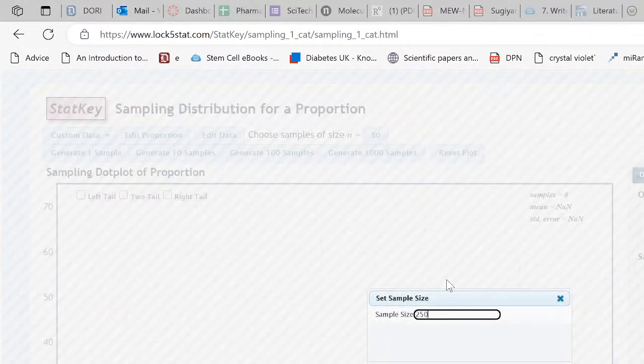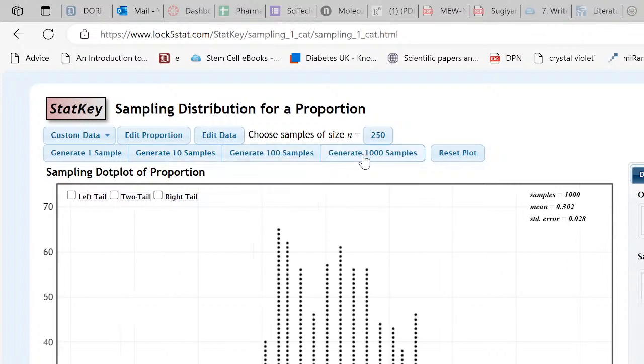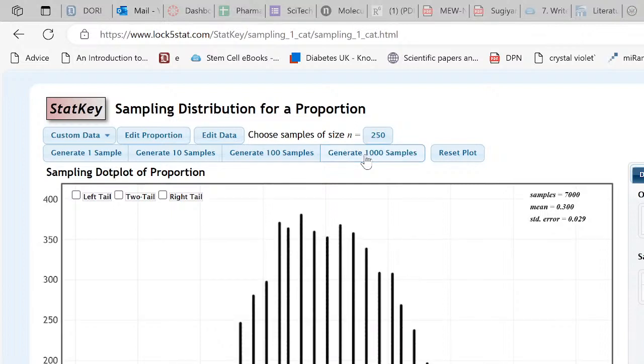Big old samples of size 250. And we see that the shape is approximately normal. So this is, in my opinion, a great teaching tool for learning what a sampling distribution is. Are you looking at the sampling distribution? No. You're looking at an approximation of the sampling distribution. Anything based on a simulation will give an approximation, but a pretty darn good one. An exact sampling distribution? No.